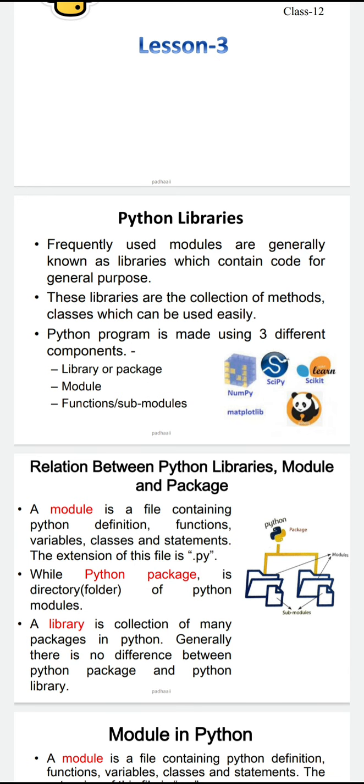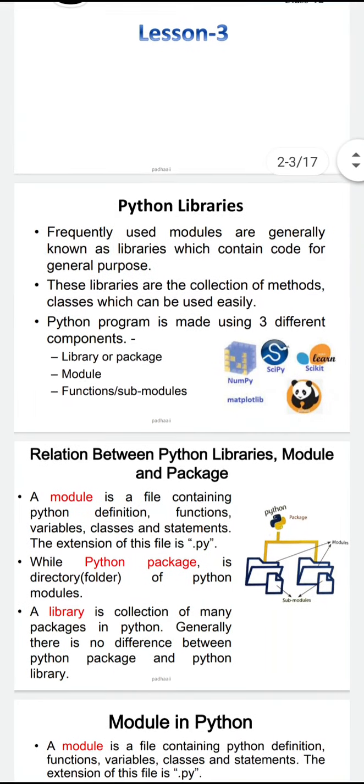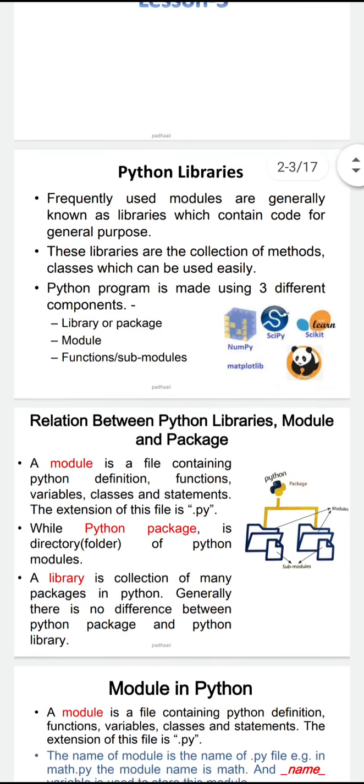Libraries are nothing but like our own book library, where we have all the books stored, and we go to the library, take the book as and when required, refer to it, and return it back to the library. The same purpose is served in Python libraries also. Standard definitions of some frequently used functions are defined in some modules and libraries, and as and when we require, we can call these functions and get our work done.